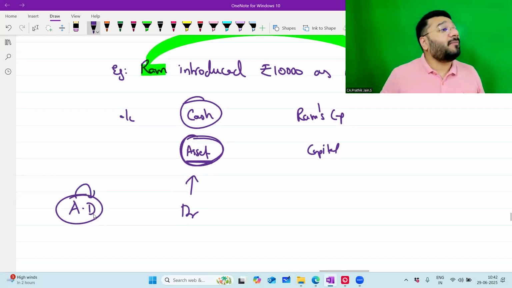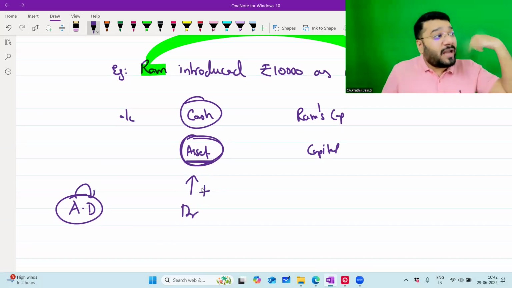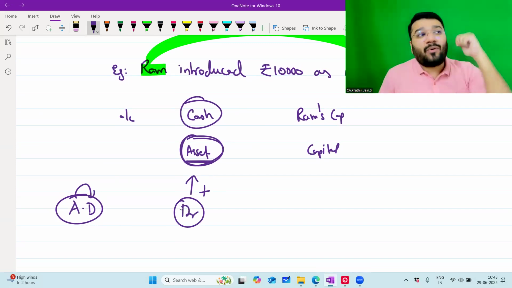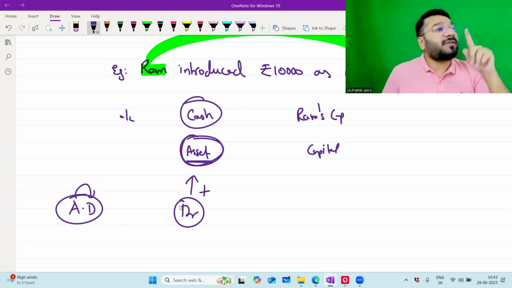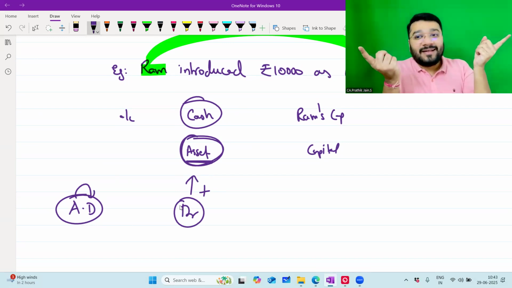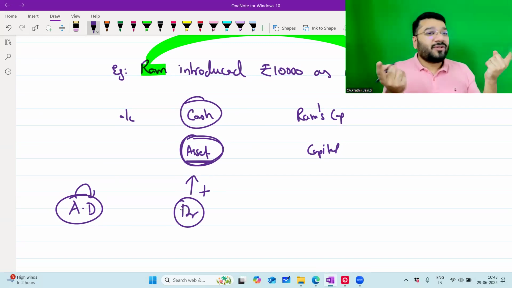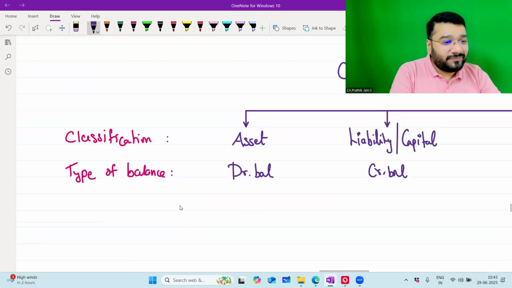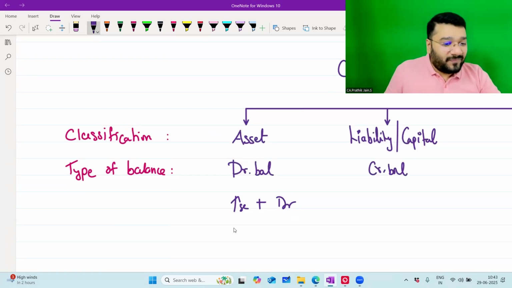Increase asset, debit. Now apply your common sense. Increase means plus. To increase or add an asset, I have to give debit. To decrease an asset, what am I supposed to do? Credit. To decrease an asset, I'll give credit, because the opposite of increase is decrease, the opposite of plus is minus, the opposite of debit is credit. What is the rule here? You create the rule now. Asset increases will be debit and asset decreases will be credit. Very good. Decrease means minus, credit.